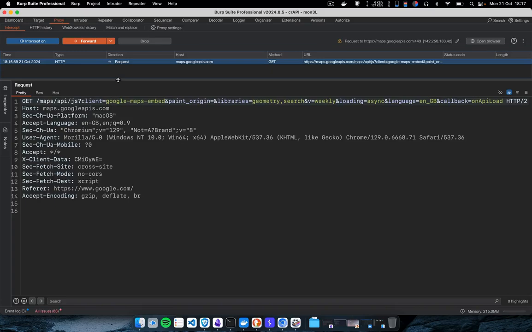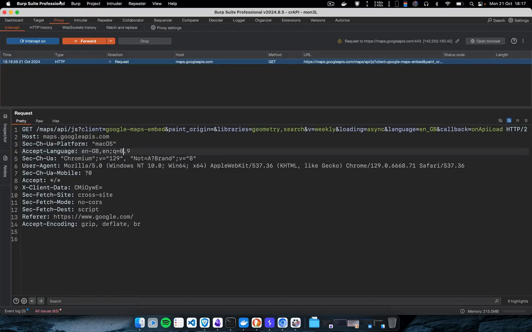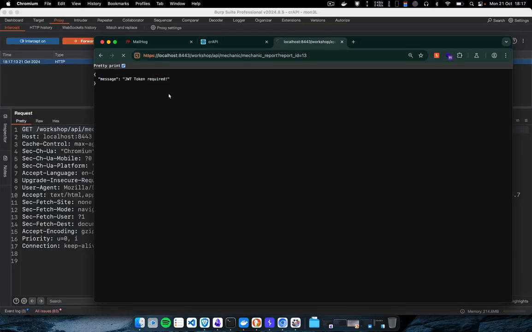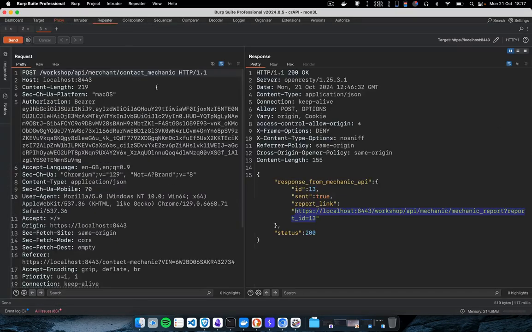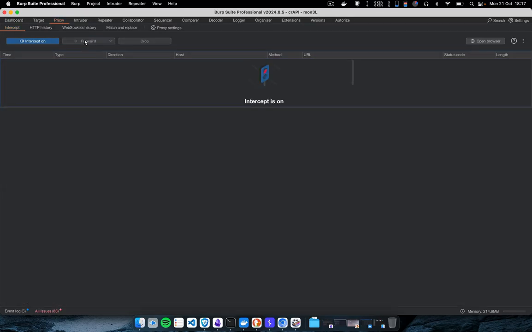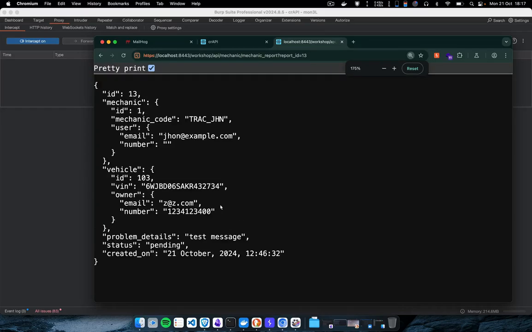Okay, I don't want Google Maps. Request, forward. Okay, now what is the message? JWT token required. No problem. Let me refresh it. I will simply copy this authorization bearer and paste it below the POST header like this. And now if I forward this,